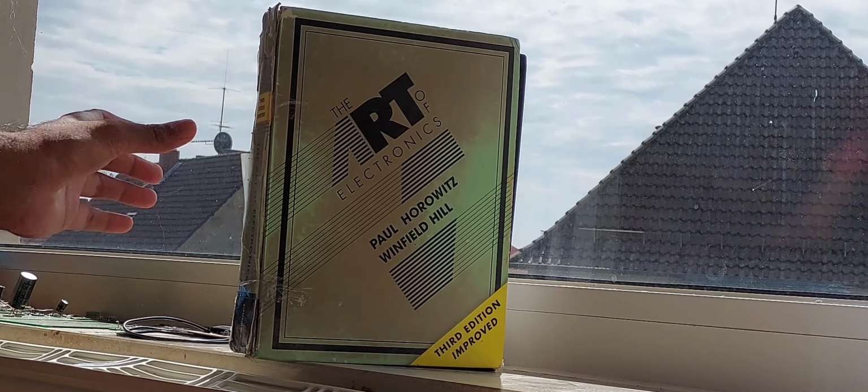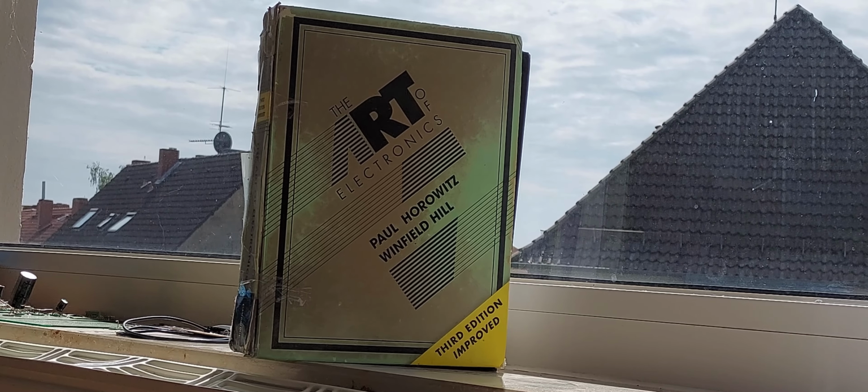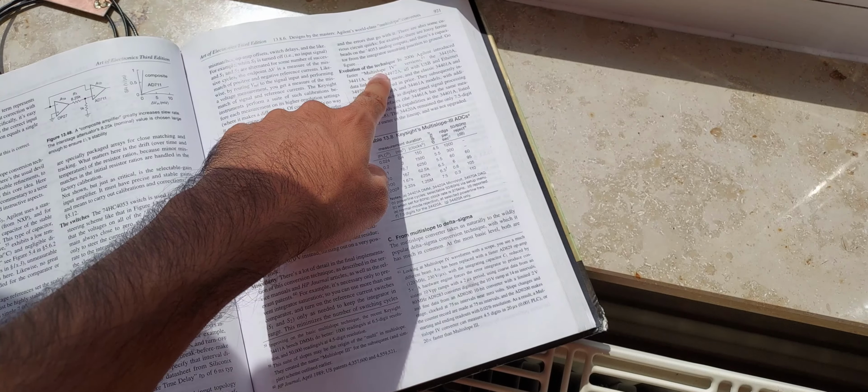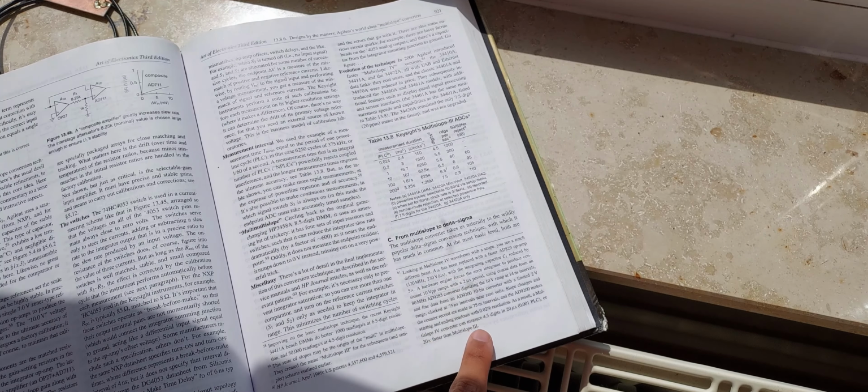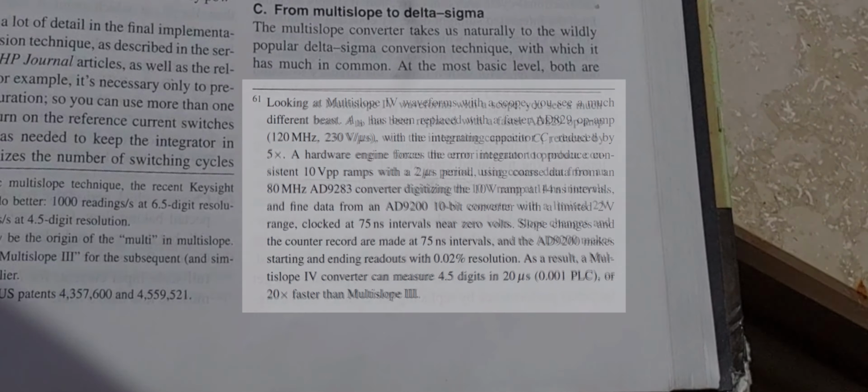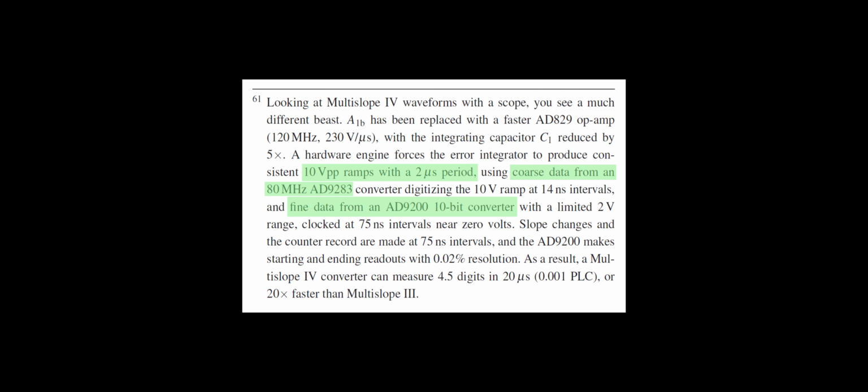As with all good stories, this one begins with the art of electronics. The section on multislope ADCs ends with a small footnote describing the successor to the classic multislope 3 charge balancing scheme called multislope 4. Upon taking a closer look, a lot of the features mentioned fly in the face of